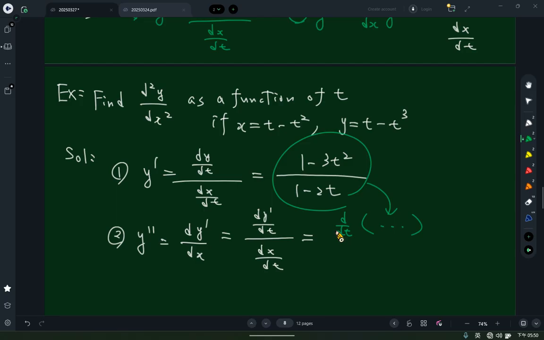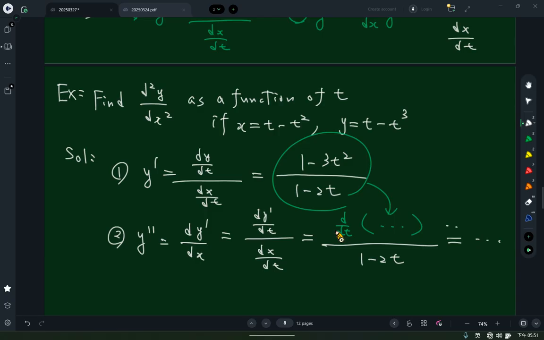This is y prime. Y prime comes from this one. So we should do this for the numerator. Then over 1 minus 2t. So I also will skip this part, but I just want to emphasize